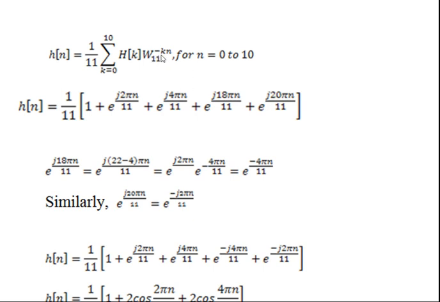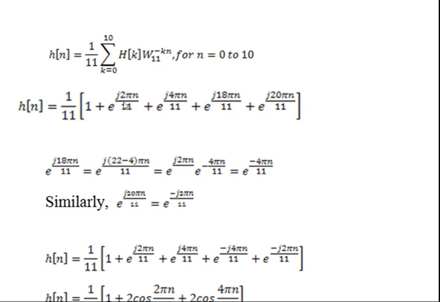and we should remember that this N and the previous N, the order, are different, because in this case we refer to the length of the DFT. So it will be 11. So it is W length minus kn, W11 to the power minus kn. And you have to evaluate this over n equal to 0 to 10. Now put the Hk values, and we get an expanded equation like this.